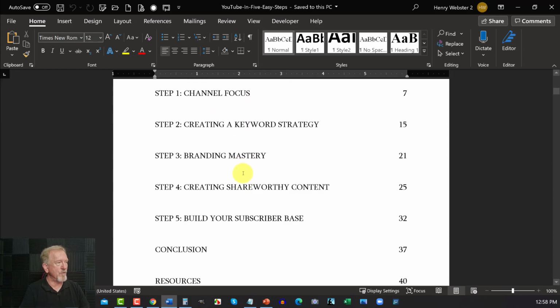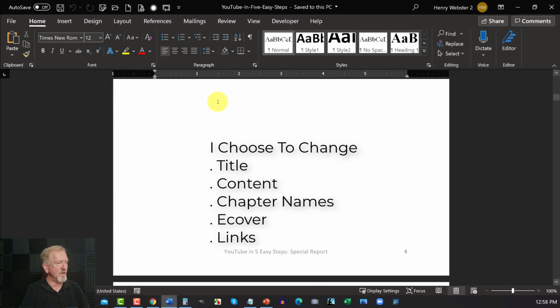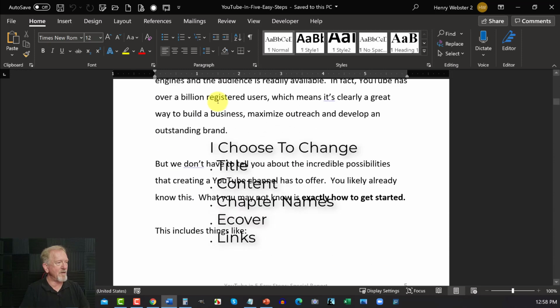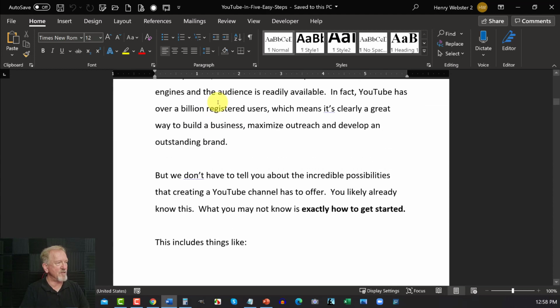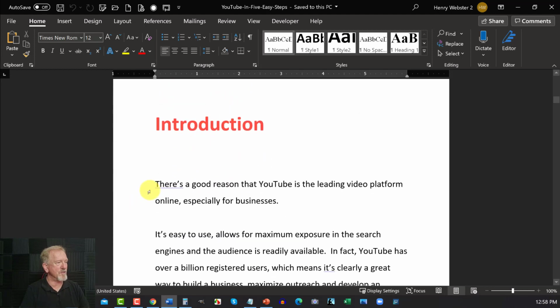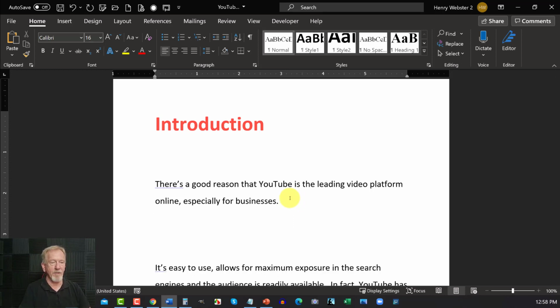Now if you have a look here, you've got channel focus and so forth, and you can go through and have a look at what's here, and then you can change it up quite a bit. Now in the introduction section, it says there's a good reason that YouTube is the leading video platform online, especially for businesses. Well, I've shown you how to do this before, but I'm going to just show you again very quickly. I'm going to highlight over the top of that, go down to here and say,